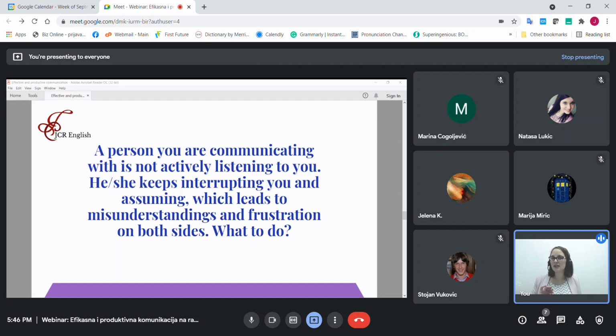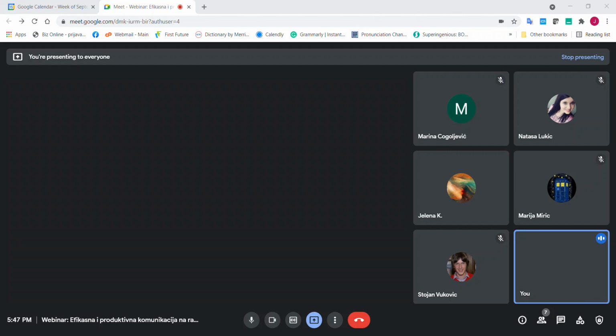Or let's say that this is a real situation from one English class. A student is refusing to speak in English, but he or she is learning the English language. So we can say, for example, instead of saying, why are you constantly speaking in Serbian? Just an example. We could say, I know that you will progress better and more effectively if you communicate in English. It doesn't matter if you make a mistake. Mistakes are a natural way to progress. So let's speak in English. Let's try to find ways around the words that we don't know, and this is going to lead us to a better progress. Anyway, there are many more situations like these and many more ways to deal with them,